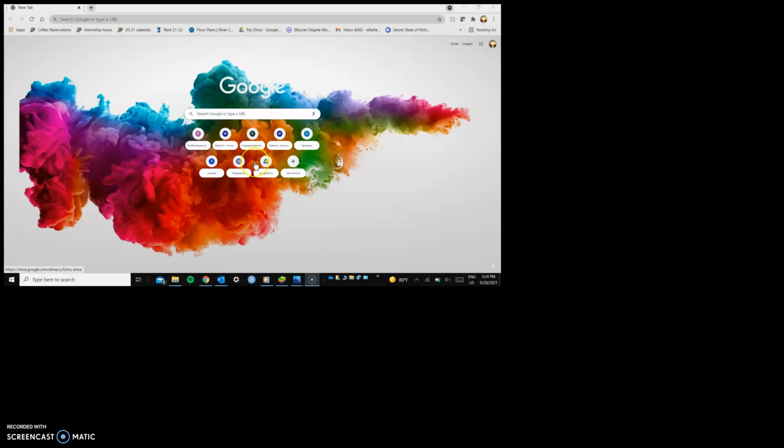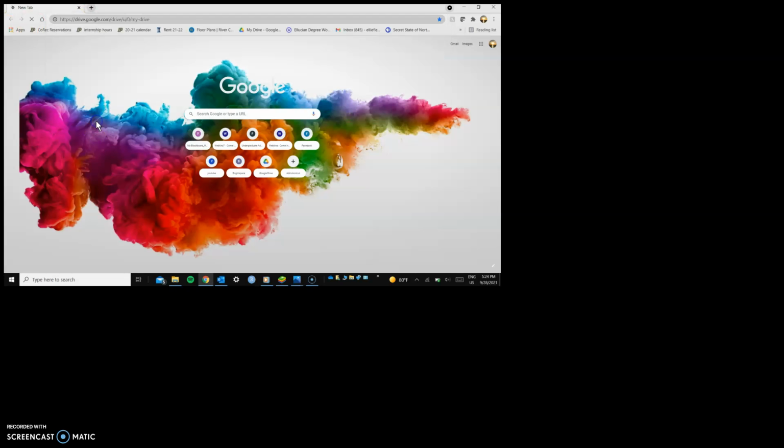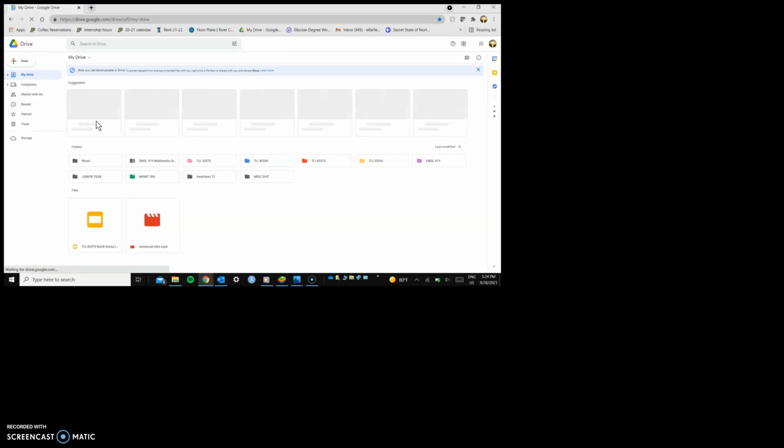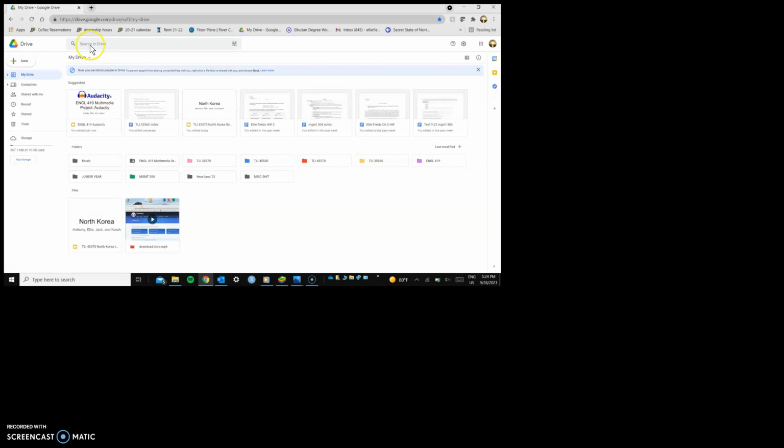So another way to access Audacity is actually through Google Drive. So how you do this is you would log into your Google Drive account. I will go ahead and log into mine by just typing Google Drive. Mine's already been saved, so it pops up for me. But what you would do is you would hit New,